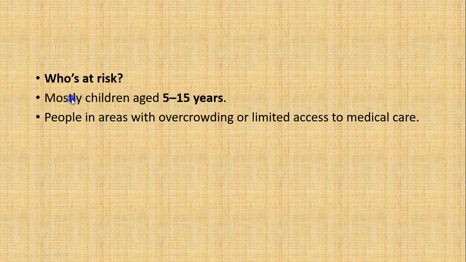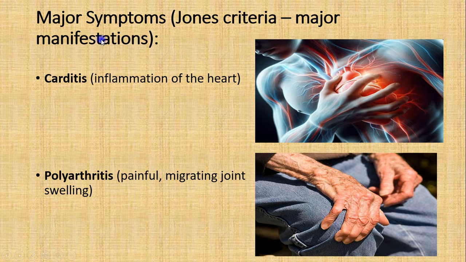So, who's at risk? Mostly children aged 5 to 15 years, and people in areas with overcrowding or limited access to medical care, that's poor socioeconomic status. So, what are the major symptoms? Jones criteria